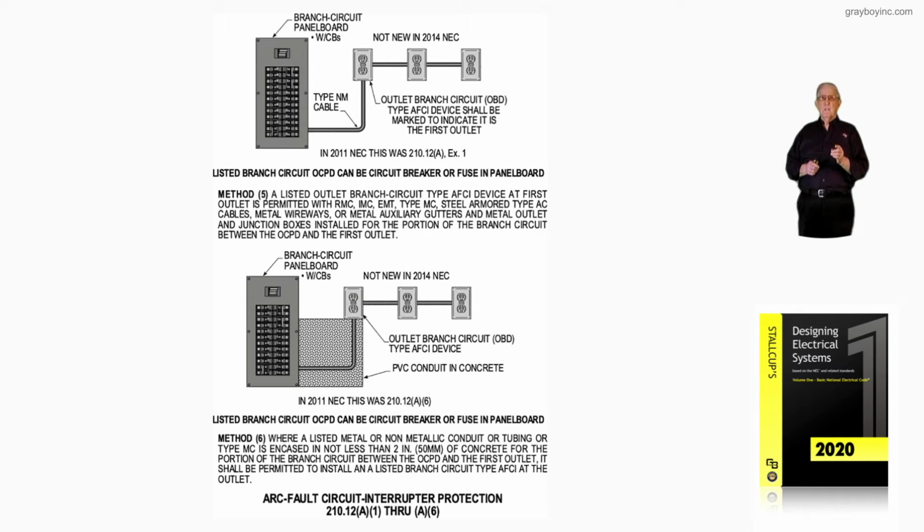with rigid metal conduit, IMC conduit, EMT conduit, steel armor type AC cables, metal wireways, or metal auxiliary gutters and metal outlets at the junction boxes installed for the portion of the branch circuit between the overcurrent device and the first outlet. Now, this used to be in the